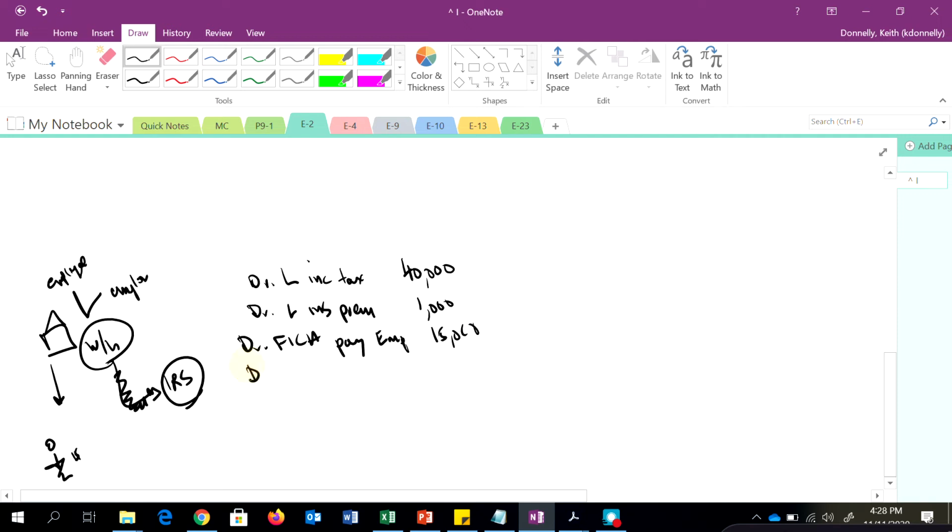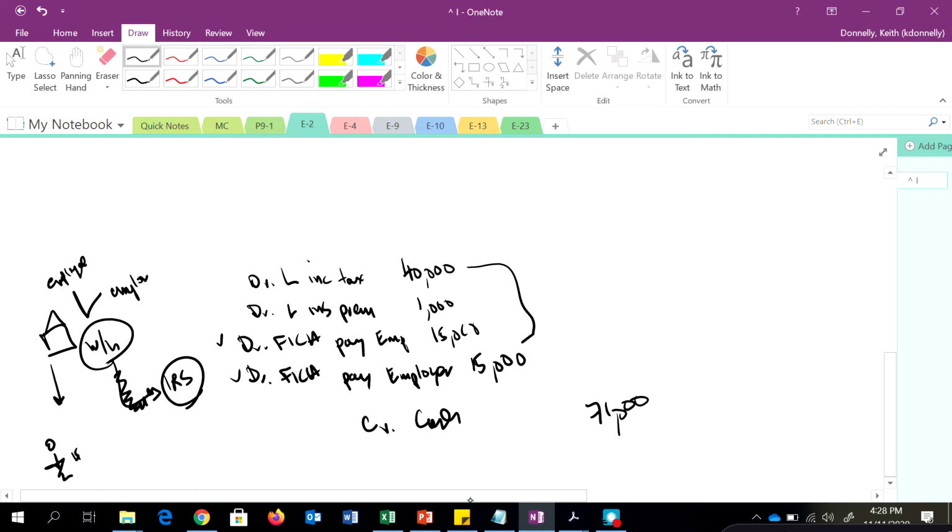We're going to debit FICA payable for the employer portion, because we teed up that FICA twice, once in journal entry 1 and once in journal entry 2, both for the same amount. Because we owe some and they owe some. Then we're going to credit cash for all of this amount,